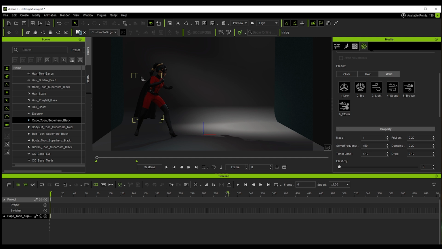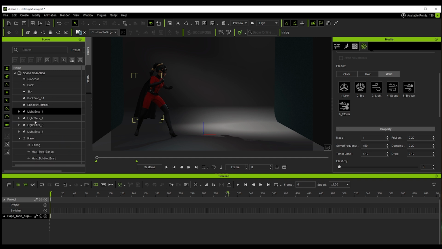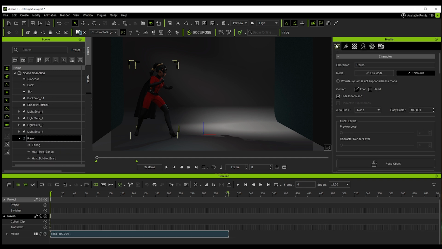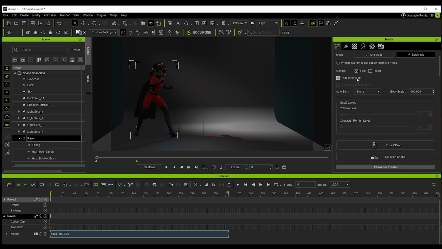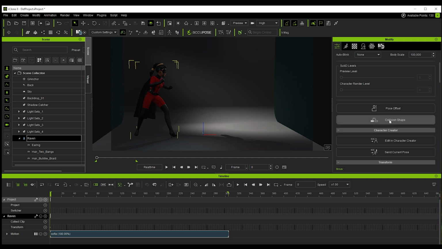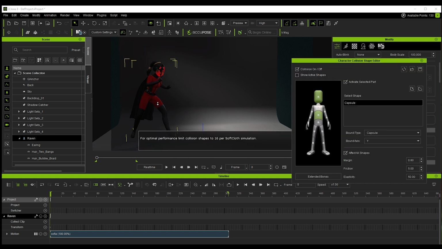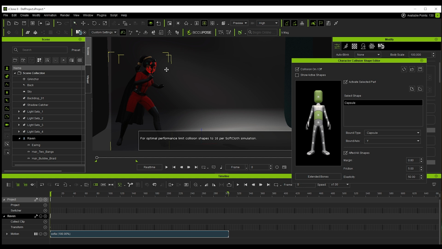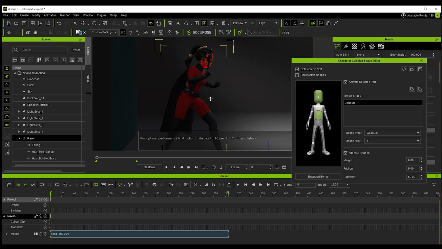Another thing we have to keep in mind is that the character has capsules for collision with the physics. So we need to select the character here, go to this section, and go to this collision shape option. And here you'll see the different capsules the character has to prevent the cape from going inside the body. For example, if I go in here, well, I have these capsules that are in this section.